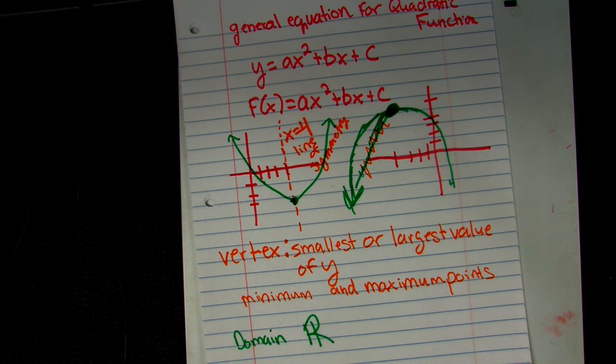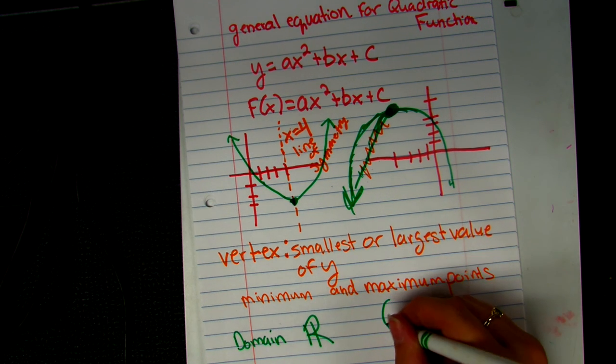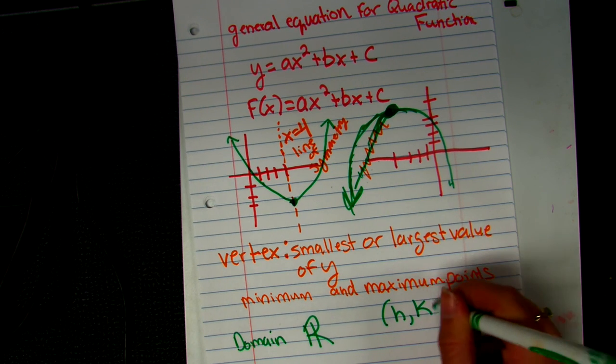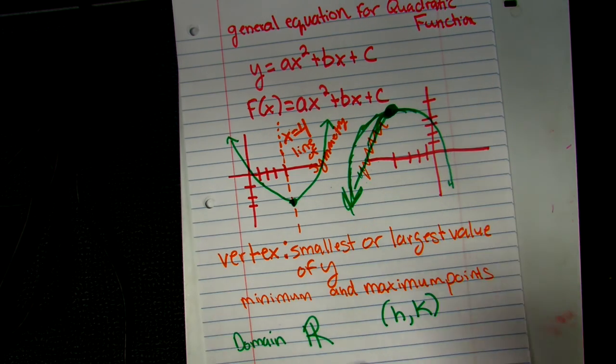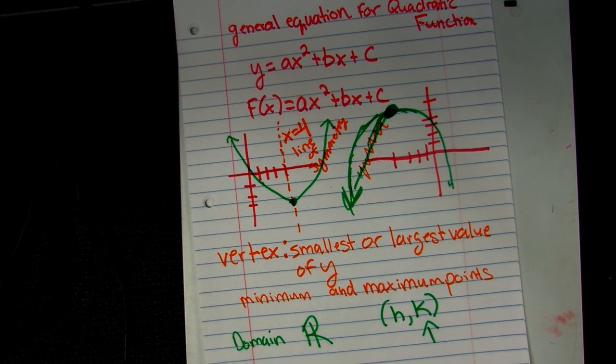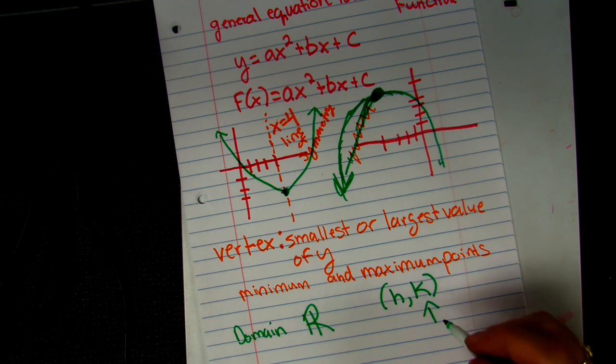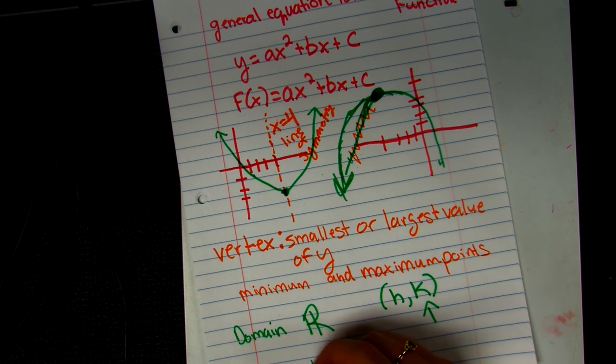However, the range for a quadratic function is going to depend very much on the vertex. If our vertex is represented by the point (h, k), remember k is the y value, so that's going to be the highest or lowest point that it can be. So because it's the highest or lowest point, the k is going to make the difference in your range, because range depends on the y, all right? So depending on whether it has a minimum or maximum point, if (h, k) is a minimum point,